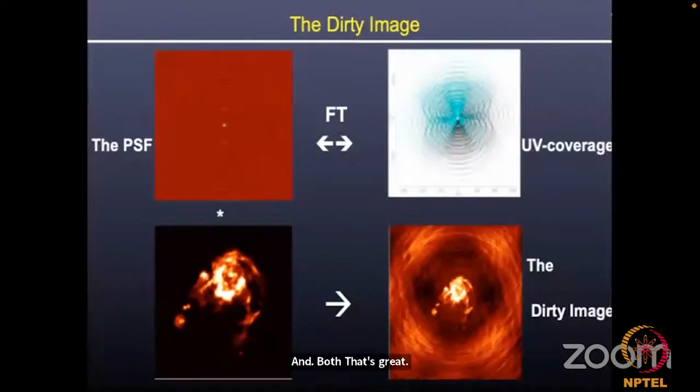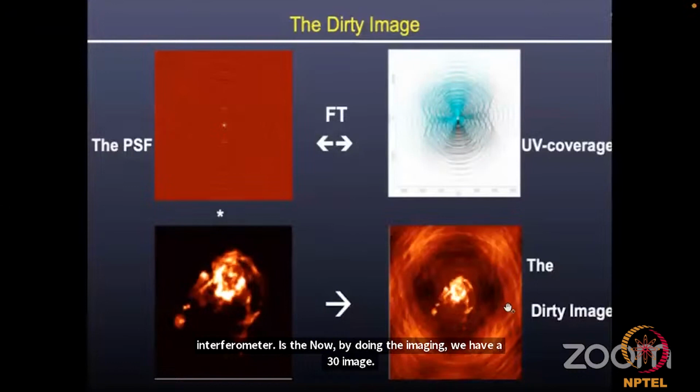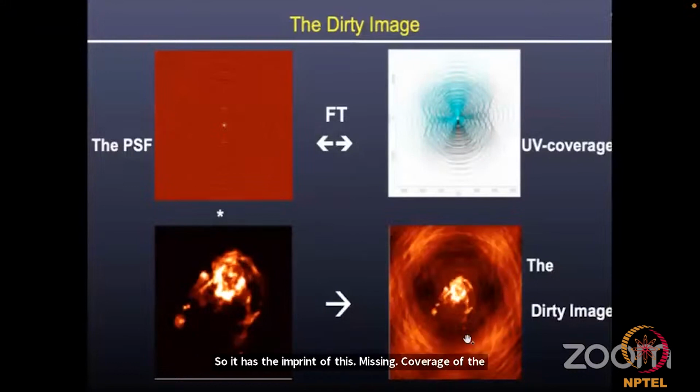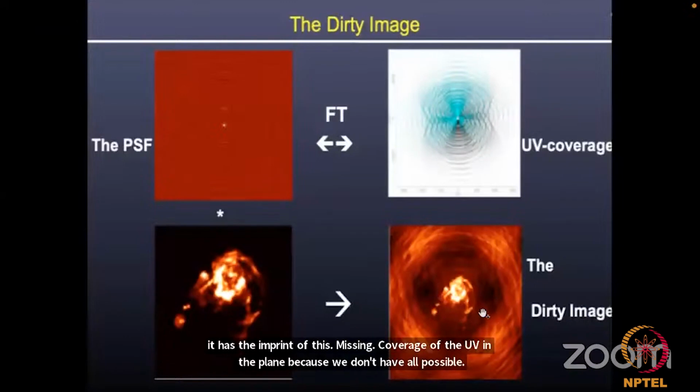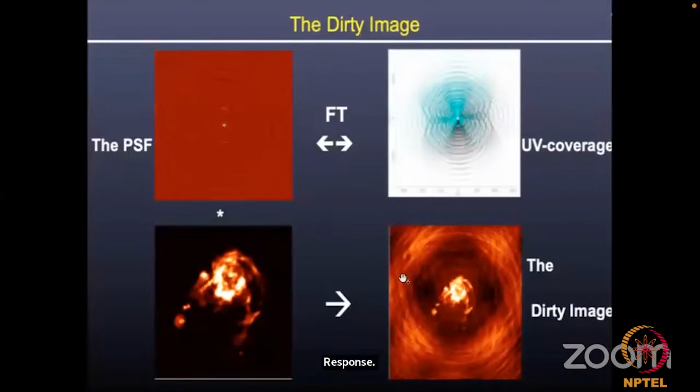Now, one thing which has to be shown is this is the PSF or the point spread function, which is because of the interferometer. This is the UV coverage. We've already mentioned this. Now, by doing the imaging, we have a 3D image. So it has the imprint of this missing coverage in the UV plane, because we don't have all possible responses in the UV plane. There are different holes or gaps, which cause this point spread function. Then the journey from the image produced with the point spread function, which is called the dirty image, into the actual image